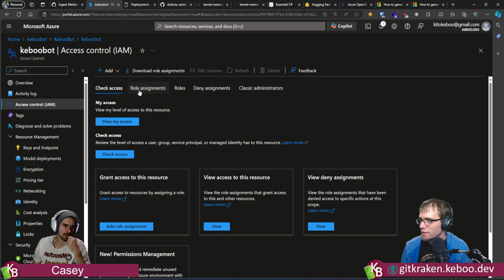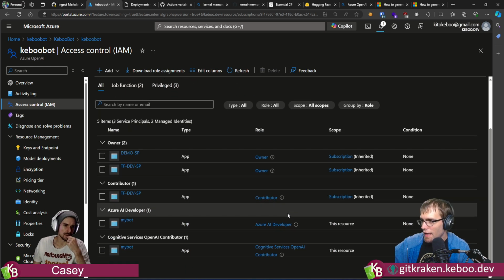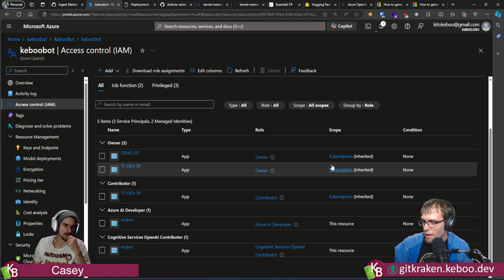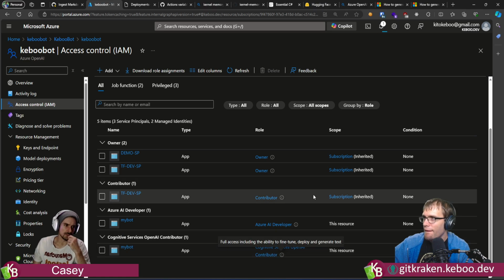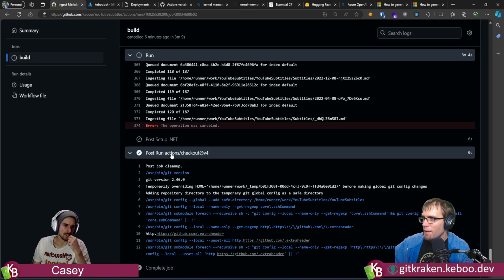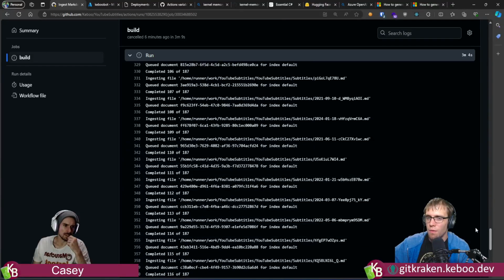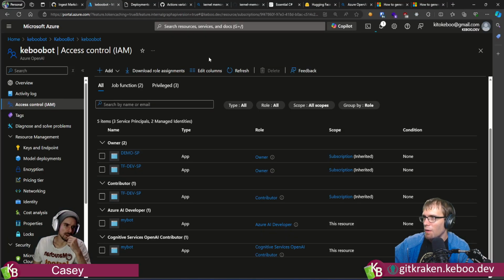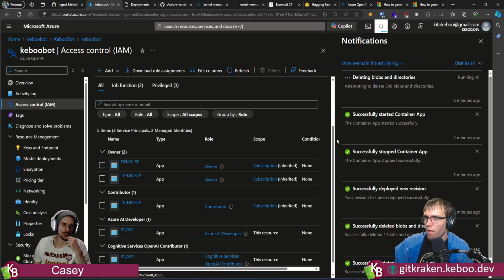Yes, let's go back. So it currently has AI developer and OpenAI contributor, and cognitive search. Let me get this guy fired up, and then let's run it with the single file real quick. And we're sure all of these are running as the same managed identity.